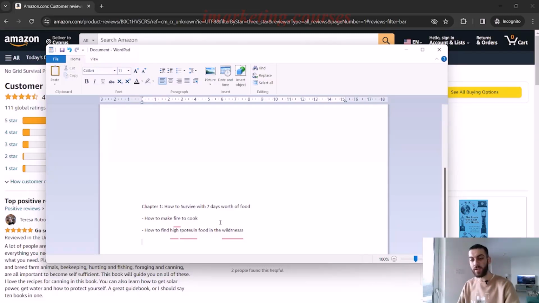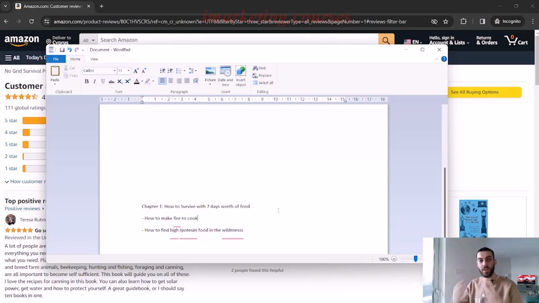Once I do this outline, I can go in and I'm thinking, okay, how to make a fire to cook. Once the ghostwriter sends me back, because I'm going to send this outline to a ghostwriter. Once the ghostwriter writes it and sends it back to me, then I can read it and I can think, okay, this part would be nice if there was an illustration that showed exactly how to do that. And then once I start reading the book that the ghostwriter wrote, I can start thinking about where to place